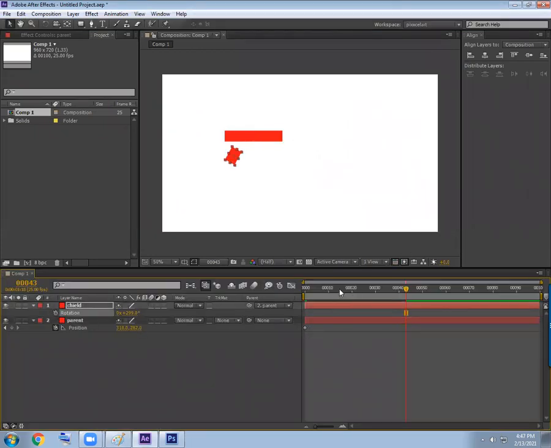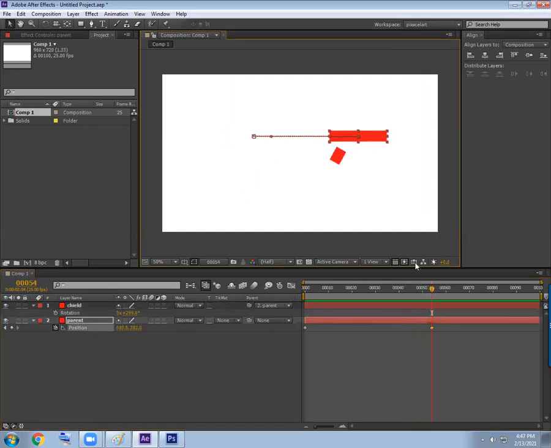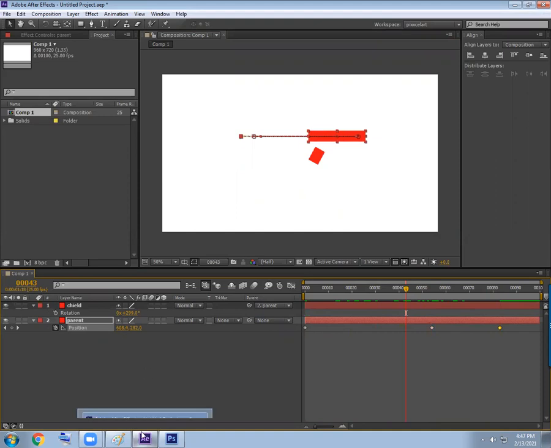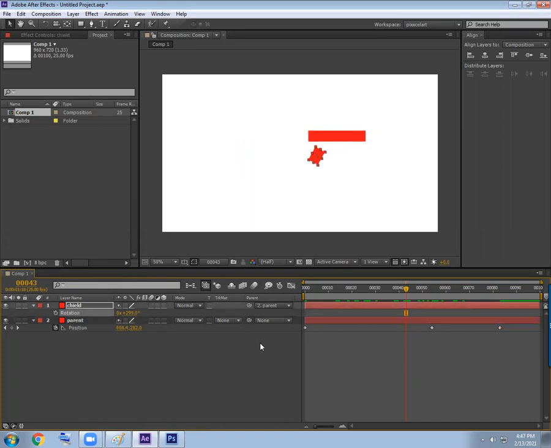Switch to the rotation. Now parent is already done, so nothing is wrong in moving the things, fine. When it is moving back, it's also nice, so no problem. But the rotation, we need to connect to the position. So what is the topic now? How to connect the rotation to the position property of the body. Question over. Answer. Select the rotation property.